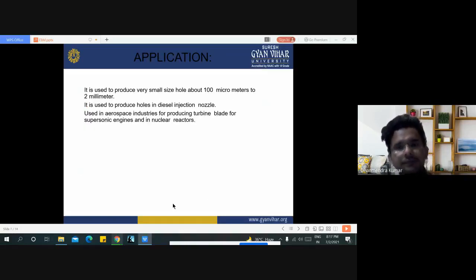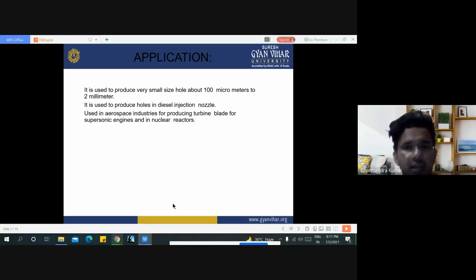Here are the applications of the electron beam machining process. It is used to produce very small holes, with a size of about 100 micrometers to 2 millimeters. It is used to produce holes in a diesel injection nozzle. It is also used in the aerospace industry and automobile industry for producing turbines, in the aerospace industry for supersonic engines, and